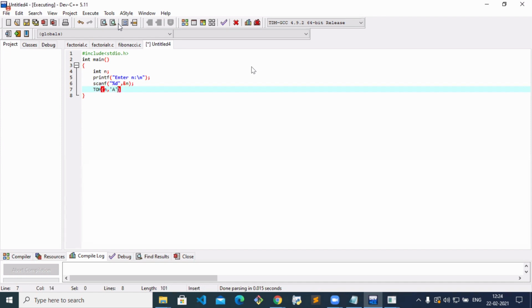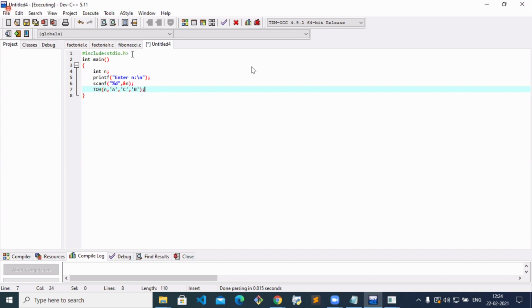From A to C you have to move, with the help of which tower? With the help of B. Am I clear up to this point? I'm just passing all the towers as well as the number of disks.